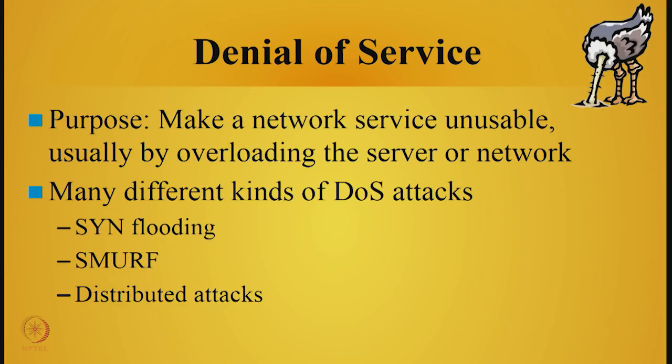For example, if I have TCP, you would have watched it in movies where someone tries to greet the other person, one person says this, the other person says this, and both of them do not converge. SYN flooding is similar to that. In the TCP protocol, you send a SYN packet and then you get a SYN plus ACK, and then you are supposed to ACK. Now, suppose I send a SYN packet and the other guy sends a SYN plus ACK packet, and now I do not ACK. So, what will happen?